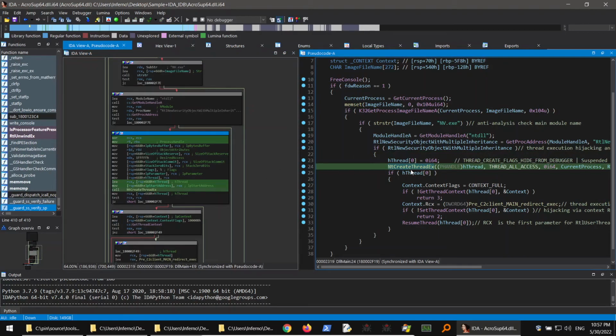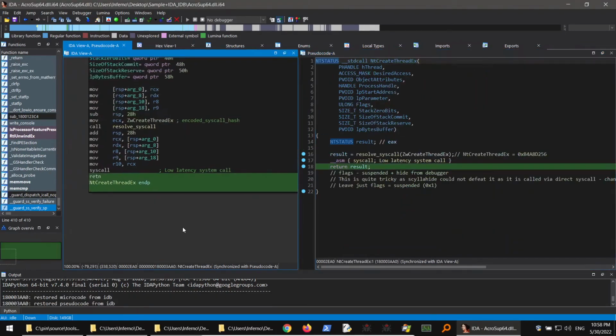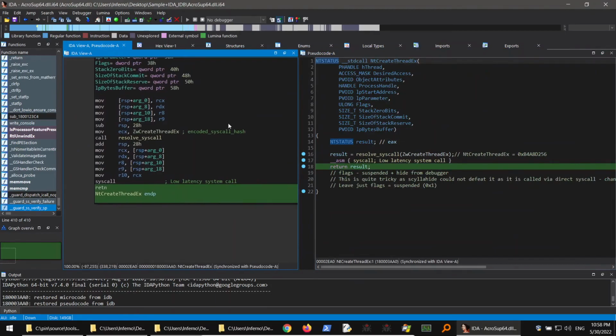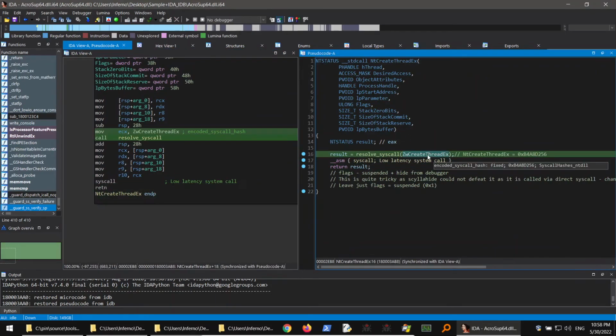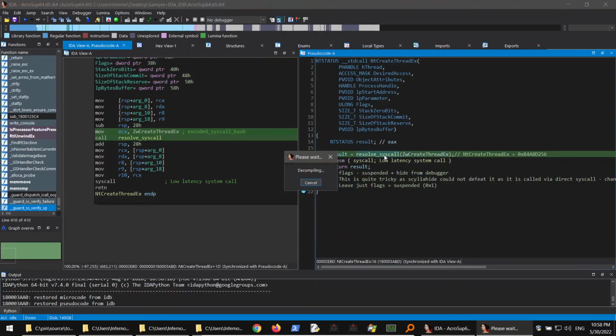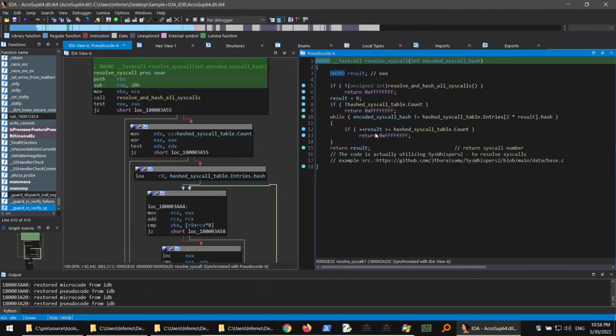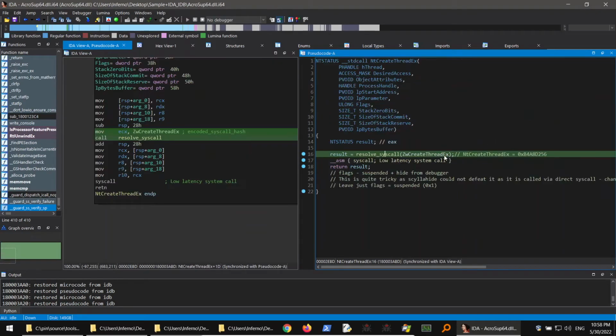You can see the NtCreateThreadEx, but what it is in the real case is, I already applied enums in IDA, basically a resolve syscall. The resolve syscall does some kind of hashing of syscalls and resolves the syscall via the hash,